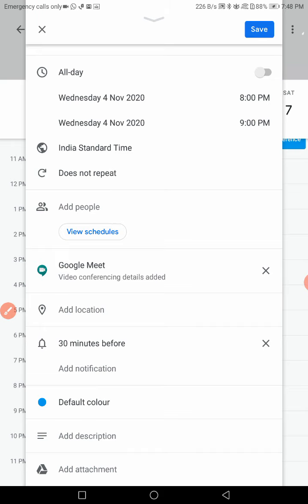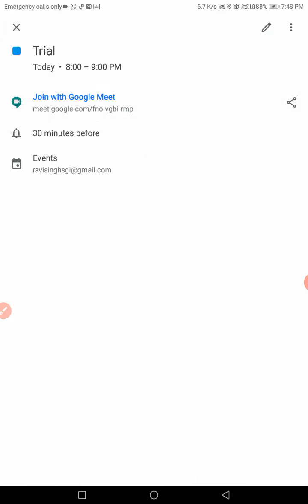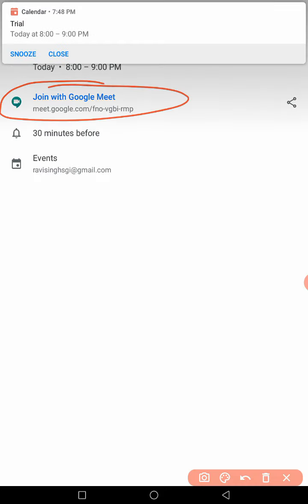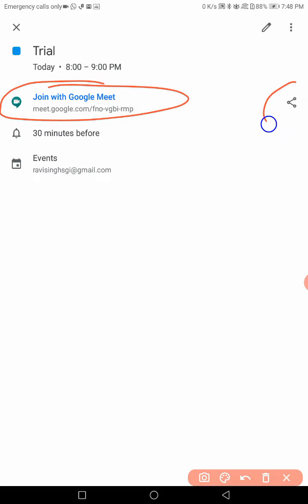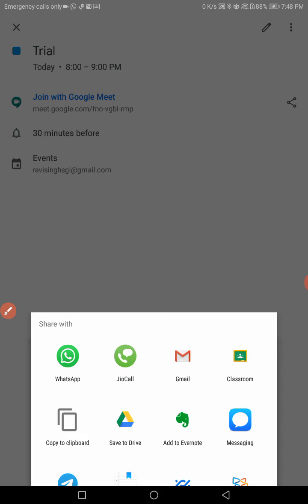Now after creating the class, this will look like this, and here you are seeing this. You can share the link from here. After clicking on this, what you are seeing is copy to clipboard.